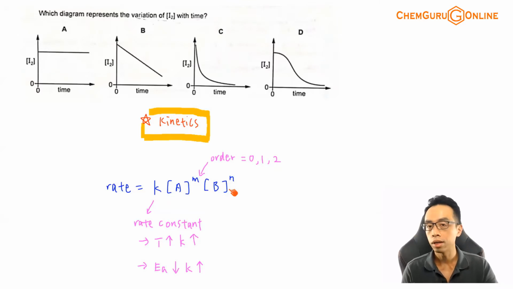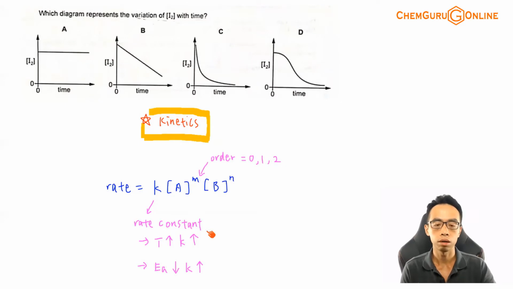And if, let's say, we have three reactants, there will be another concentration term involving that reactant raised to the power of its order of reaction. Just to discuss this a bit, K, which is my rate constant, will be affected by two things. It will be affected by changes in temperature. The higher the temperature, the bigger the rate constant K, and it's also affected by the activation energy.